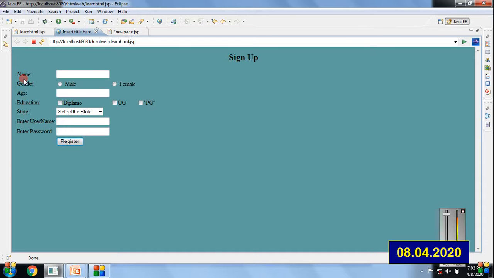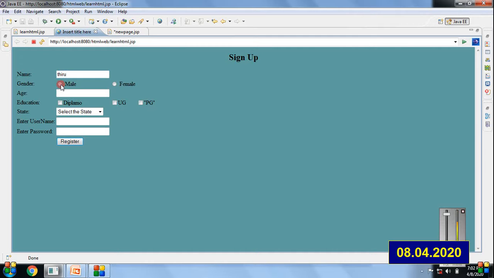Okay, and when the end user wants to key in all their data, we make use of the text box to get the name of the end user. We use the text box. Here you can see I'm just typing Thiru, so this is a text box. Now in this session we are going to see how to create the text box and then the radio